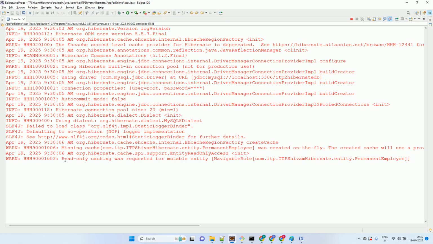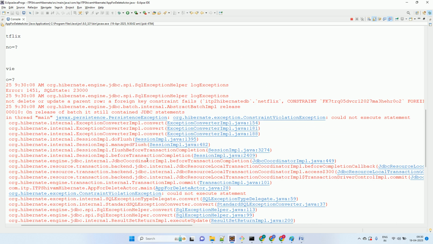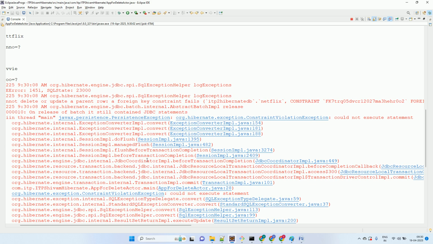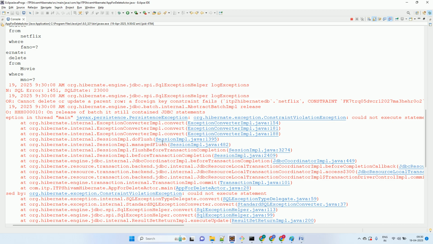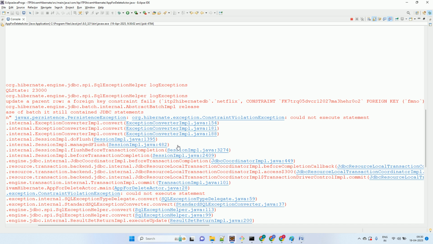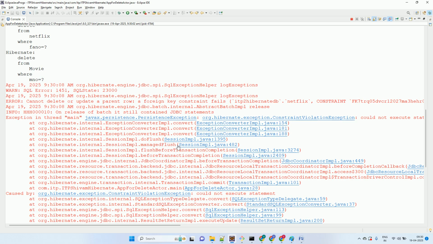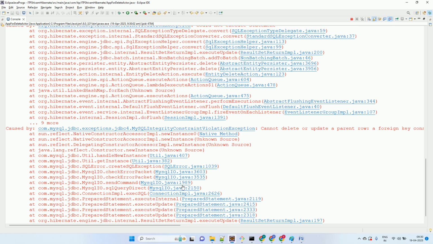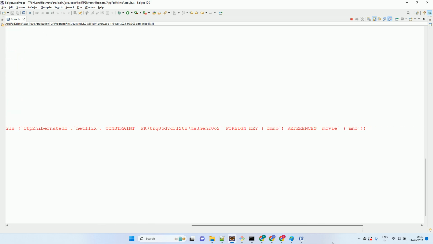तो उसने क्वेरी करके फेच कर लिया, और ये क्या बोल रहा है, फॉरेन की मूवी नॉट एग्जीक्यूट मैच, the match still contain JDBC statement। आई गेस वो चाइल्ड इसमें रिकॉर्ड है, इसके लिए वो डिलीट करने नहीं दे रहा है। रेफरेंसेस मूवी एम नंबर, कैन नॉट डिलीट अपडेट अ पेरेंट रो ऑफ फॉरेन की कंस्ट्रेंट इन द टेबल।